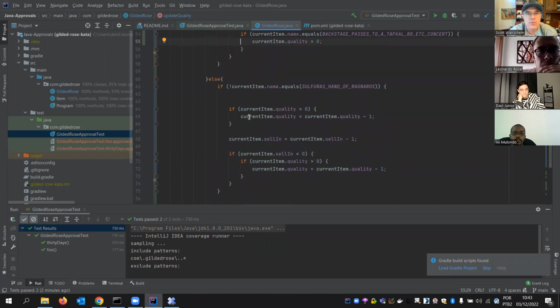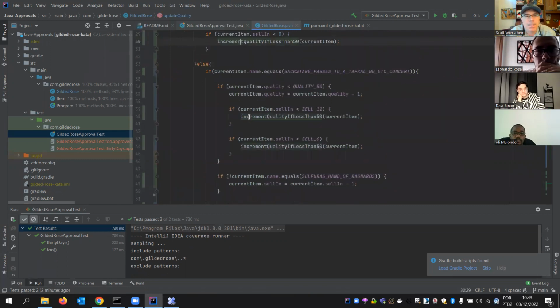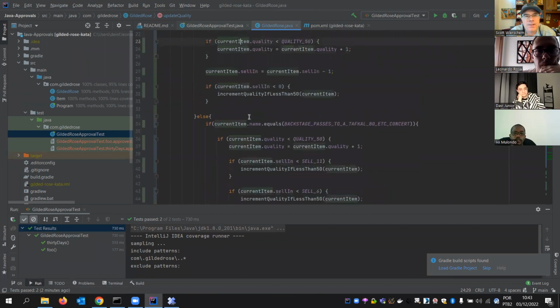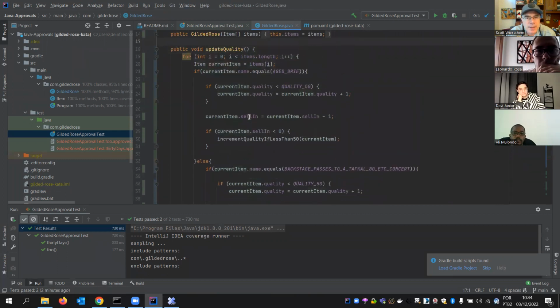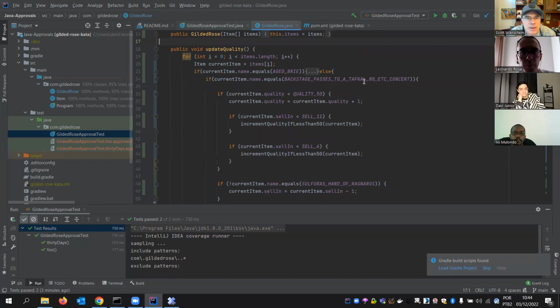We can quickly scroll through here and we can see, scroll to the top. The tippity top there. All right, so if it's aged brie, we got all this stuff here. You can minimize that for now. And if it's backstage passes, we got all this stuff. So now backstage passes, if you go to line 48,